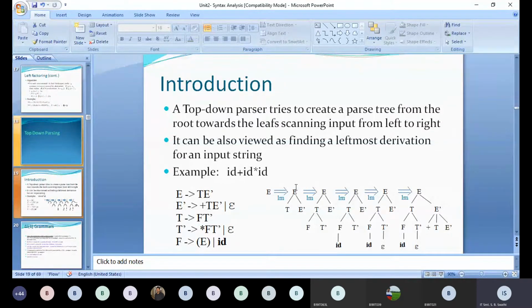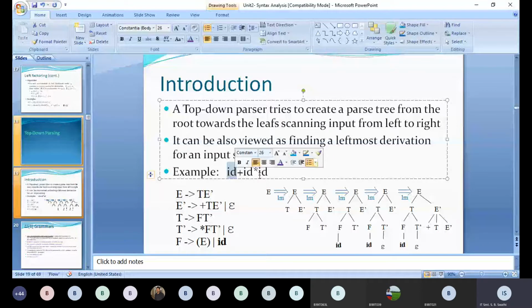So first E is taken. E is replaced with T and E', two non-terminals. Again to this T E', the production for T is taken, which is F T'. That is, capital T is replaced with F T' now. To this capital F, we are generating an ID. So the leftmost part of the tree is replaced with a terminal first, which means we are following the leftmost derivation approach. In the given example, first ID is generated.